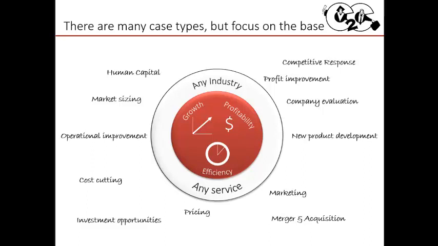And then on the outer core, you should be looking at how this applies to any industry or to any service. Okay? Let's do an example to show you what I mean. Let's say this is the case. Which geographic areas should J.Crew expand to? And for those who don't know, J.Crew is a very high level or posh type of clothing line, similar to Calvin Klein, I guess, or Tommy Hilfiger, or stuff like that.